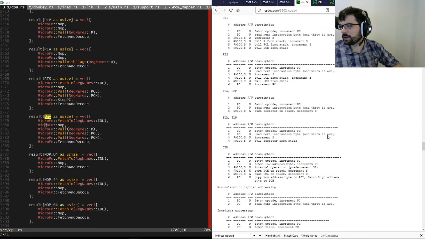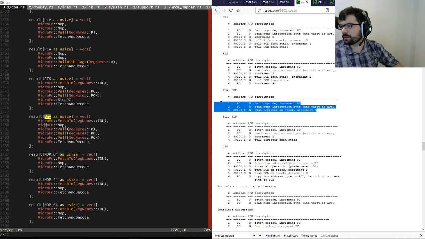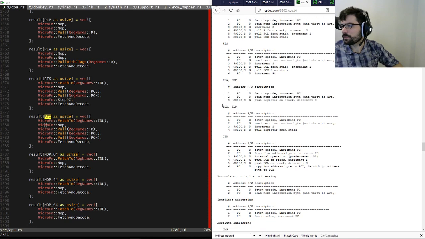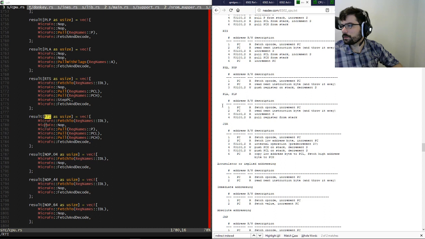Read next instruction byte and throw it away. Push register on stack and decrement S. Fetch opcode, fetch next instruction byte, increment S, pull register from stack. So we're supposed to push and decrement, and then we're supposed to increment and pull.